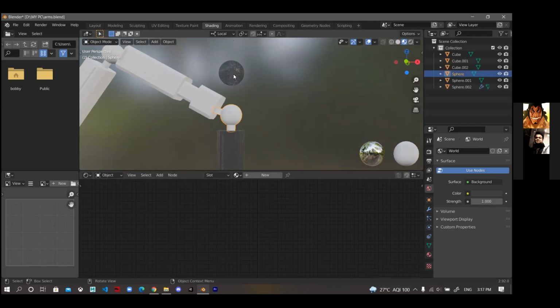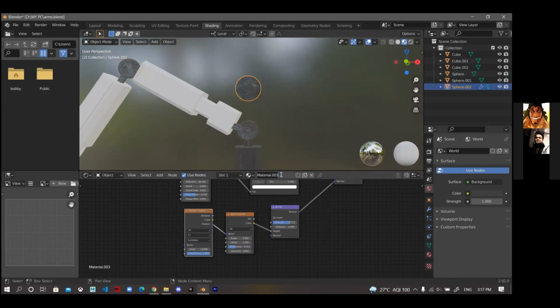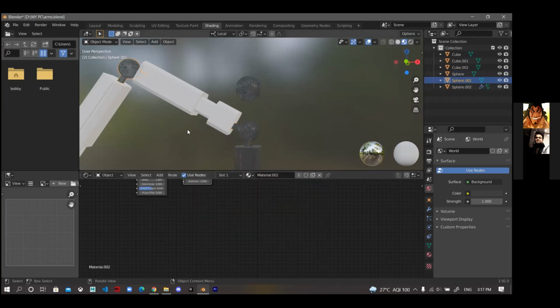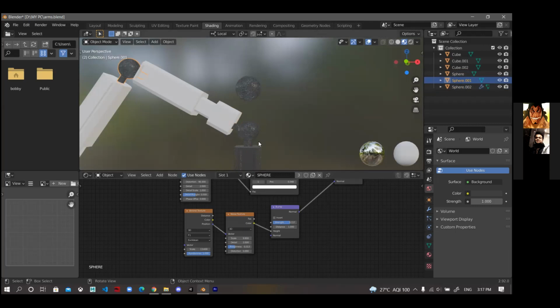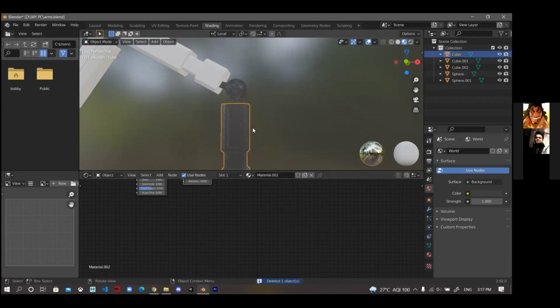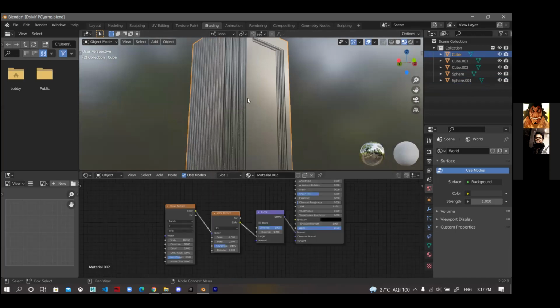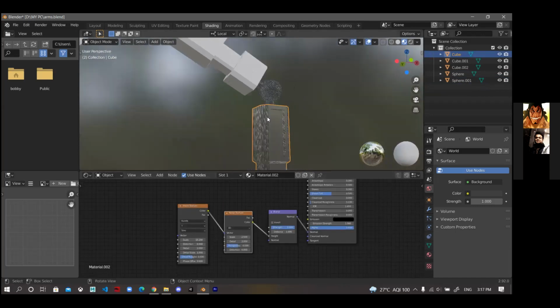I'm going to add the same in this one. You can also add the same.